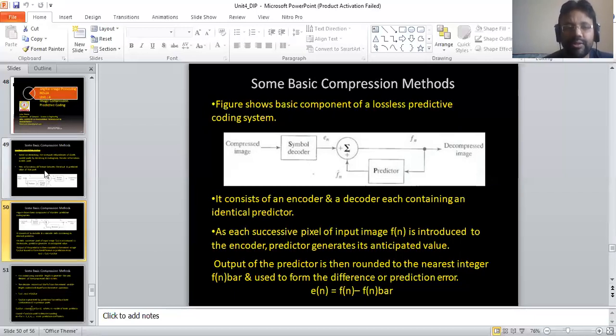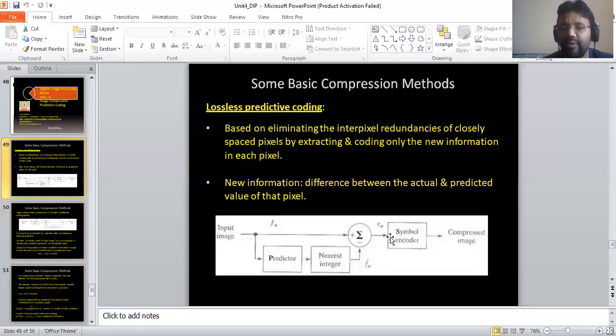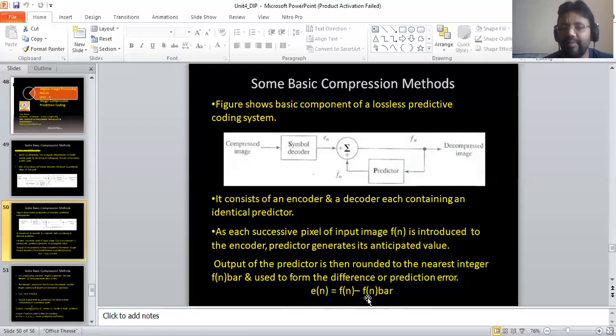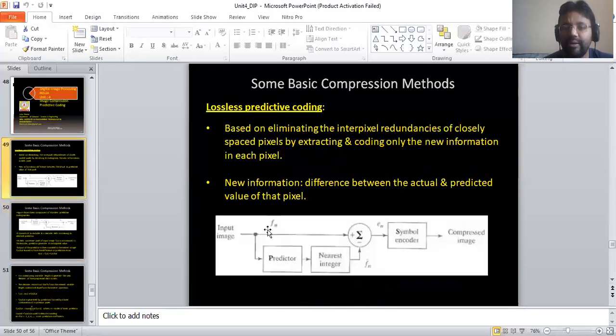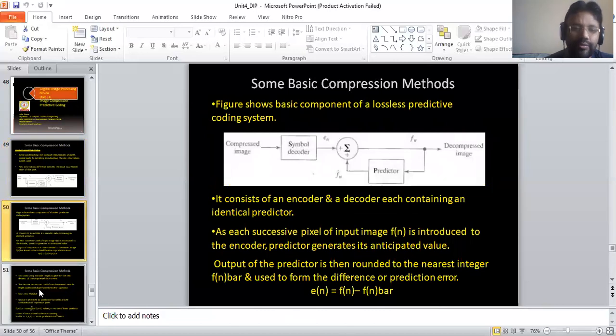As we saw, e of n is equal to fn minus f bar n. This expression is generated from the given figure, where we pass fn and fn bar through this unit, and it is nothing but e of n. So en is equal to fn minus fn bar.